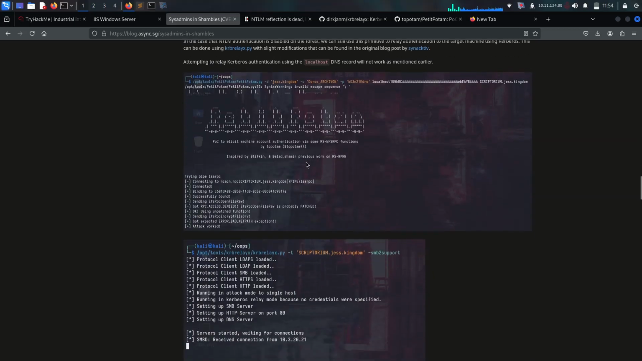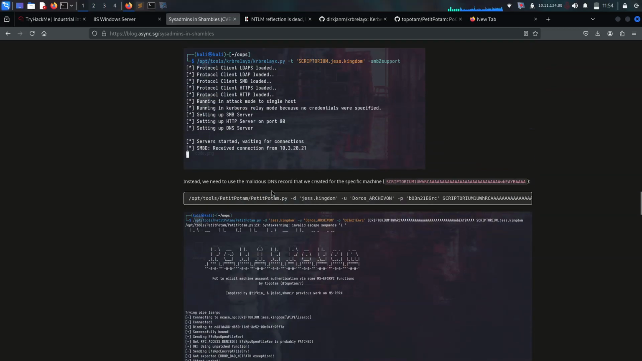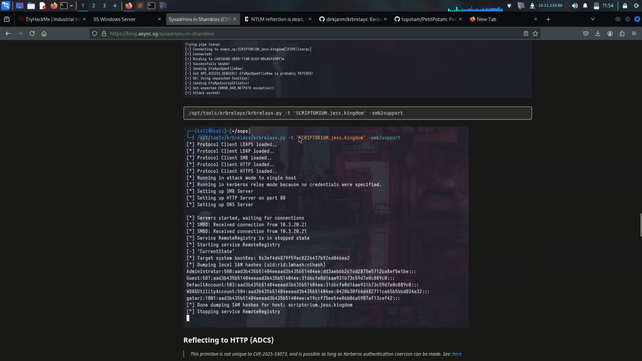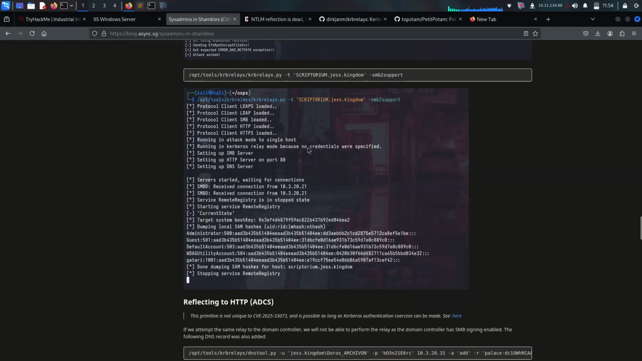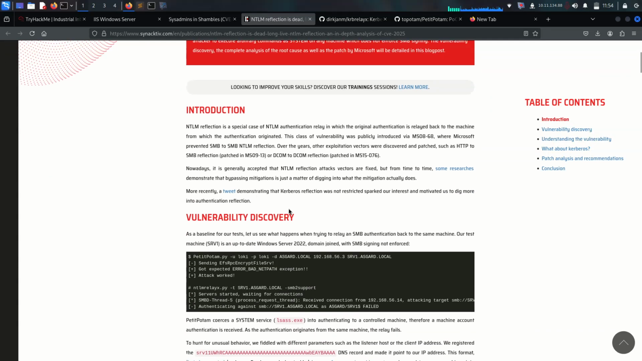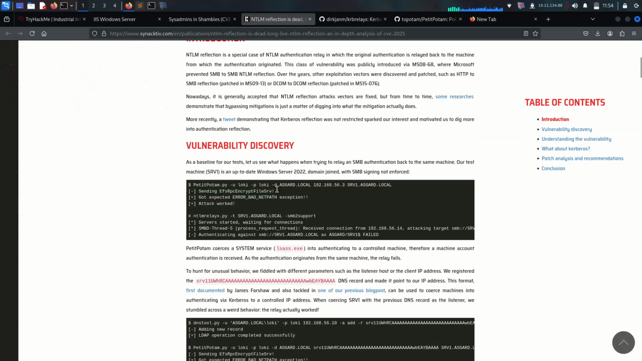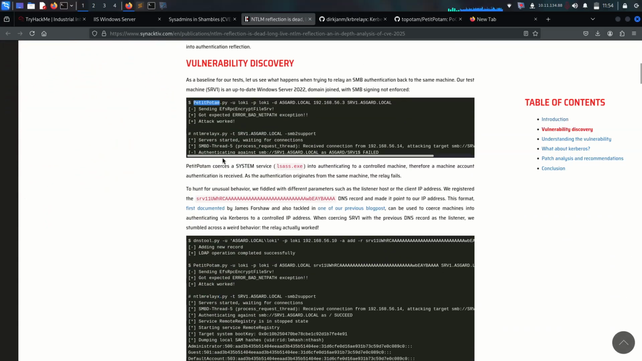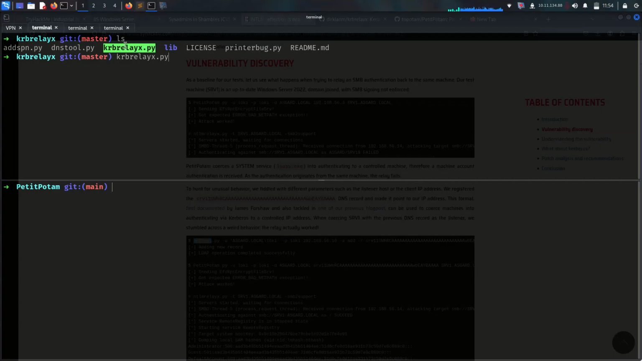Okay. So PetitPotam, Kerberos relay X and NTLM relay X here, or instead of NTLM relay X, he has used Kerberos relay X. And if you check the one on Synactive, you will see here you have to use PetitPotam, NTLM relay X and DNS tool. But I'm going to use DNS tool, Kerberos relay X, and printer bug. But in my approach,